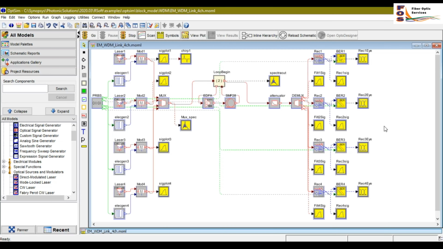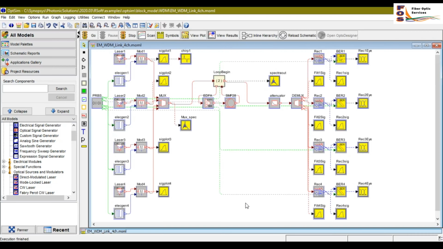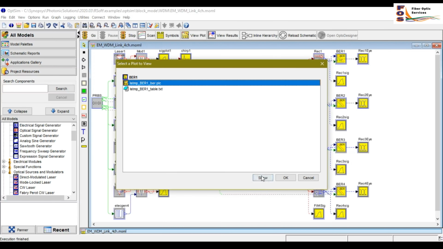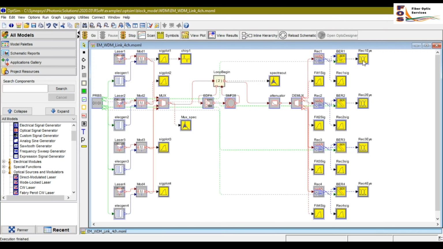Once the connections are made and properties are set, you can run the simulation. Click onto the Go button, enable animation and click OK. Once the simulation is complete, you can check the output at the BER and the different signal plots.